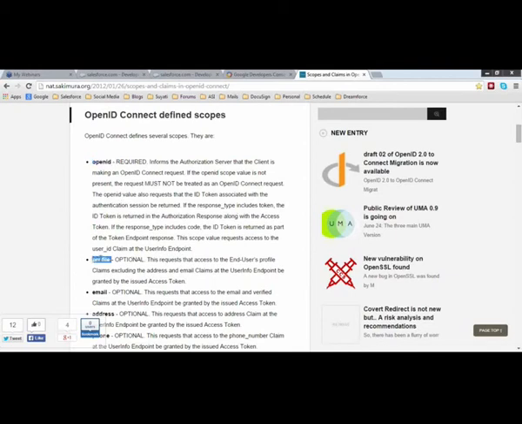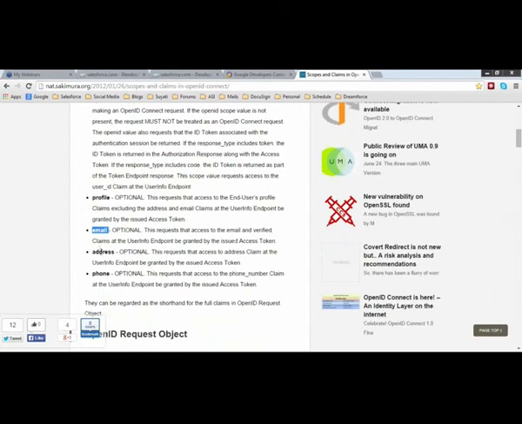Then profile is another supported scope in the OpenID Connect world. Email is supported. Address is supported, so you can bring back address details and also your phone details. For example, if you want to do your user authentication checks based on the phone numbers or the kind of phone numbers that come in, that you can also do. So this site will be really handy when you work with OpenID Connect.